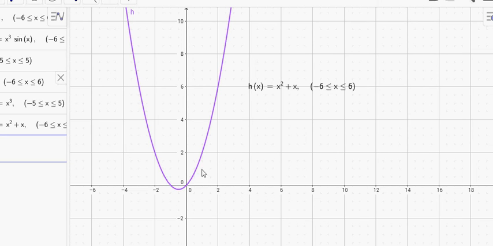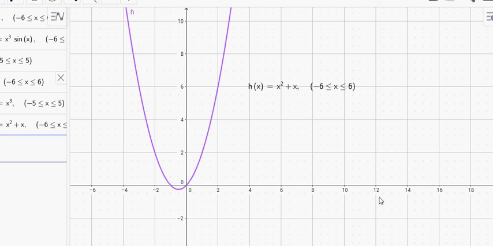So you can see it's not symmetrical around the y-axis. In this particular case, if you take 2, put that into your function, you'll get 6. 2 squared is 4, plus 2 is 6. If you take minus 2, put that into your function, you'll get 2. So f of 2 is not equal to f of minus 2, so it's not an even function.